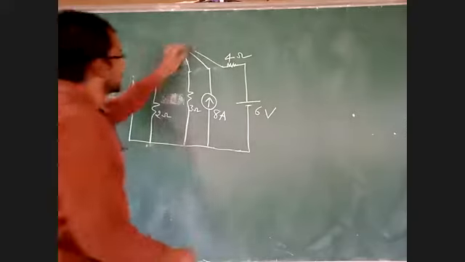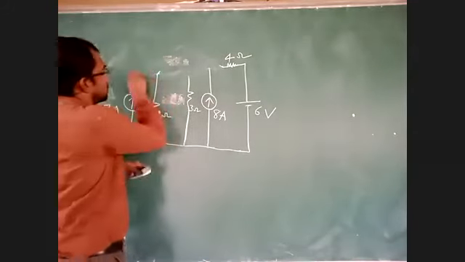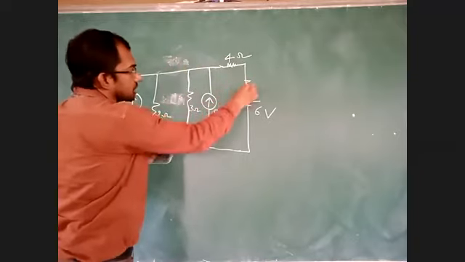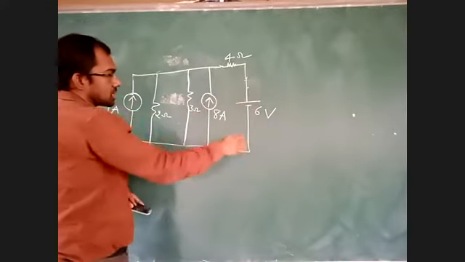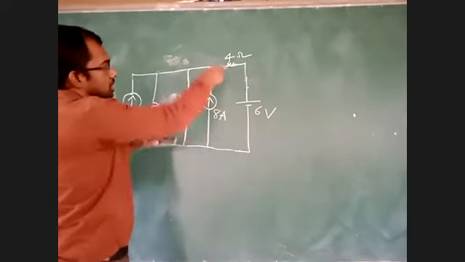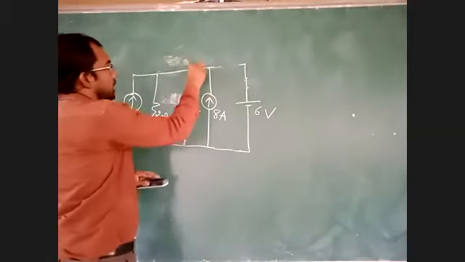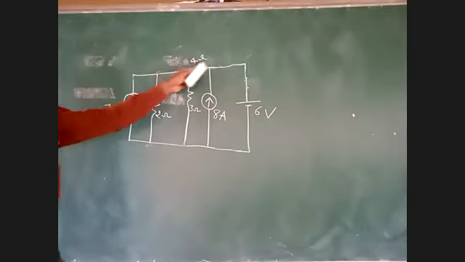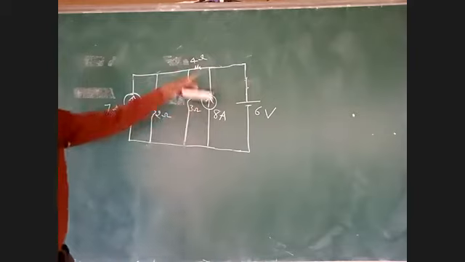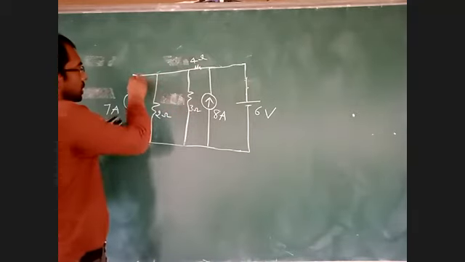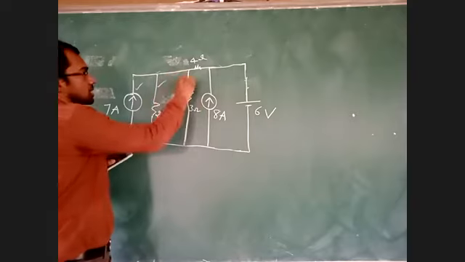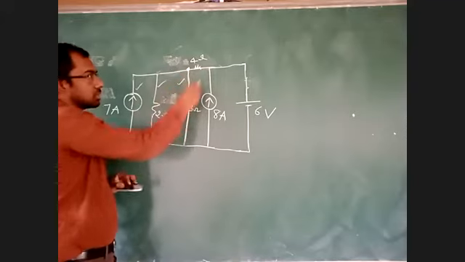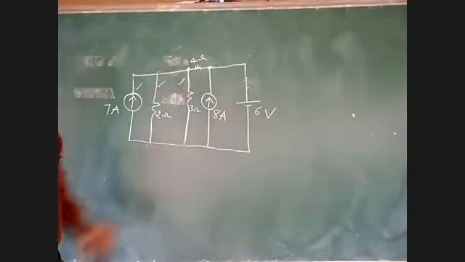Suppose what you have said is this 4 ohms can be connected here. No problem, because this is one branch. This is the same branch. Both are in series. Suppose instead of 4 ohms here, if I connect the 4 ohms here, then 2 nodes will be there. If 4 ohms is here, there is only one node. If 4 ohms is here, we can connect only this branch and this branch to this point. I can't connect this here. If 4 ohms is here, then you'll get 2 nodes.